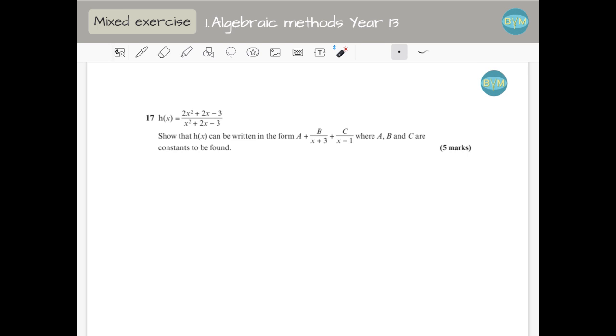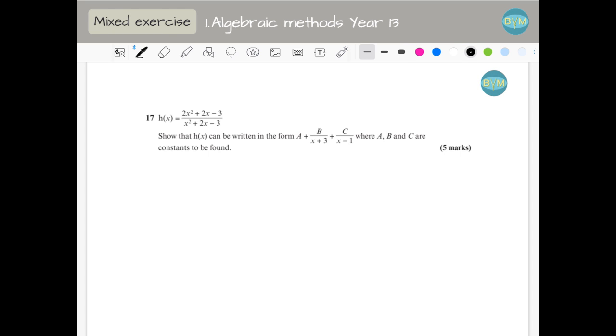Hello, this is question 17 on your mixed exercise 1 from year 13. You have an algebraic fraction and you have to show that this function can be written this way. This is an improper fraction because the degree of the numerator and the denominator is the same. If we divide, we are very likely to find at least a, and then we can see how to find b and